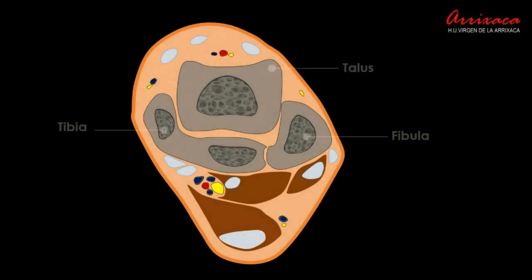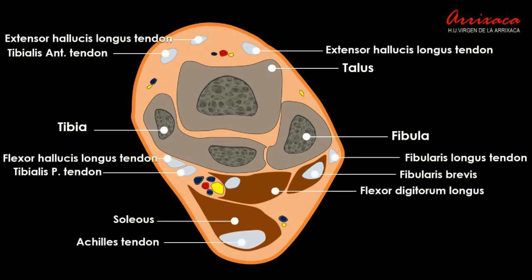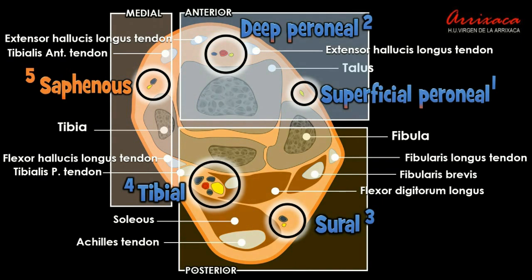When these nerves descend along the lower leg, they cross the ankle, following the path of the muscles they supply. The peroneal nerves descend through the anterior compartment and go towards the dorsal or anterior aspect of the foot, while the tibial and the sural nerves descend posteriorly and innervate the sole. The saphenous nerve, a sensory nerve and a single distal branch of the lumbar plexus, is located on the medial aspect of the respective ankle.